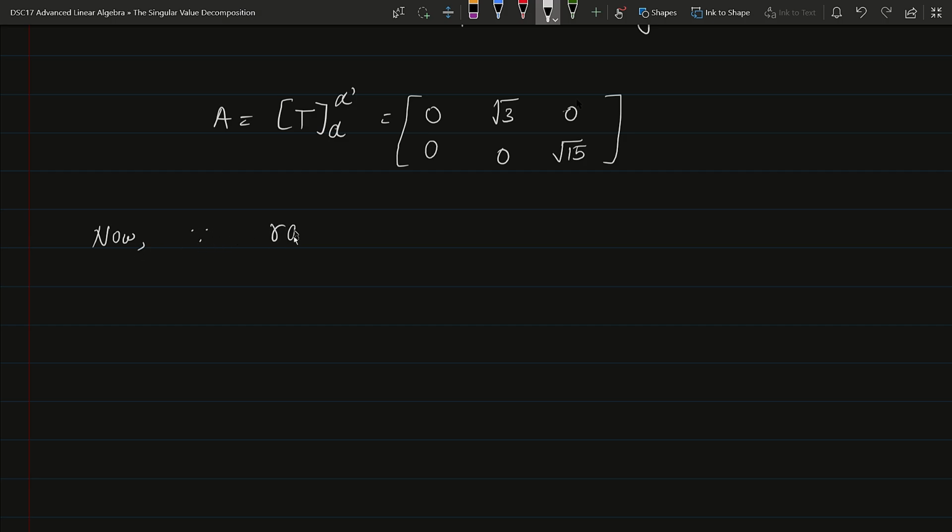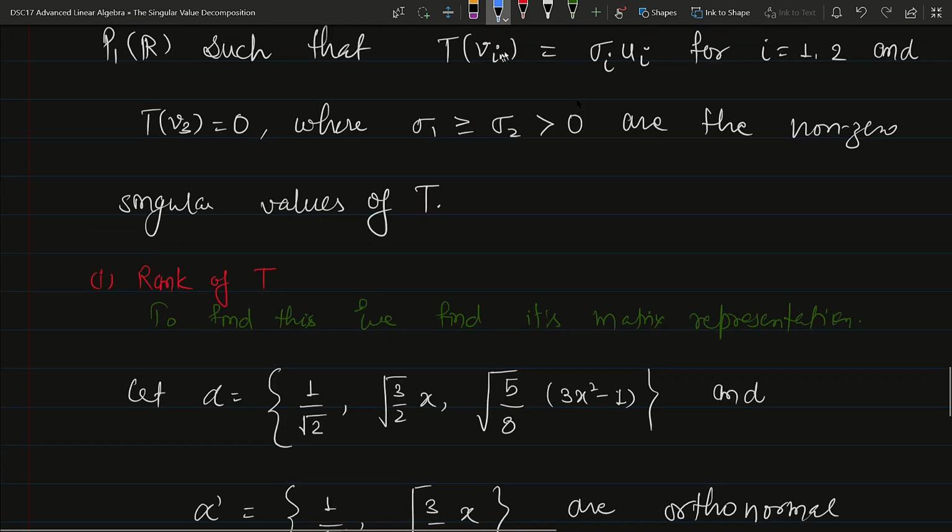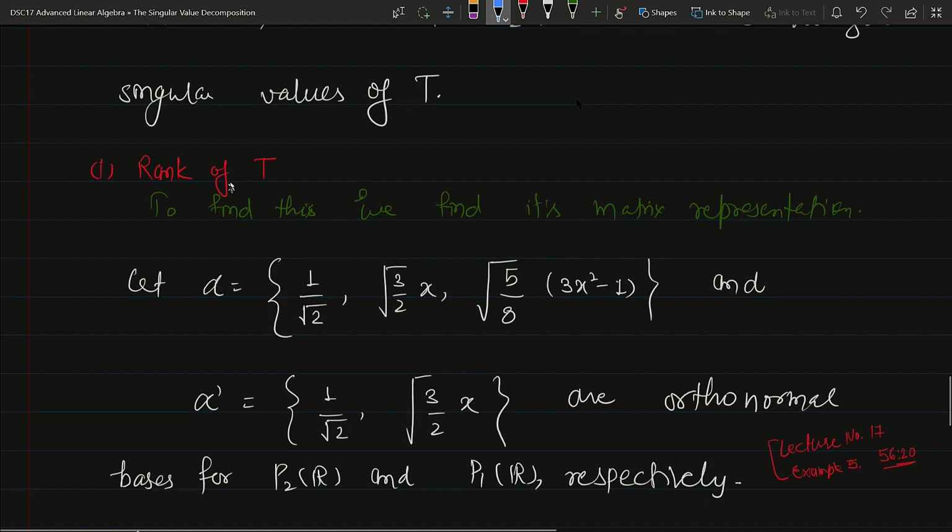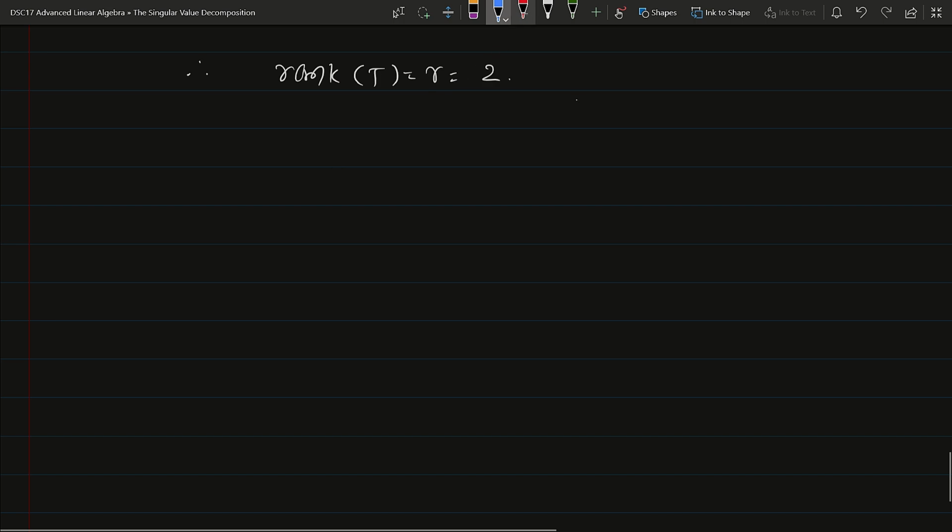Now you can see, since the rank of A is equal to 2, therefore the rank of T is equals to r, that is equals to 2. जो A का rank होगा that will be the rank of the linear transformation as well. Okay, so यहाँ पर हमने मैट्रिक्स की रैंक को आइडेंटिफाई कर लिया है। ठीक है, so we had done this rank of T. ठीक है, now we are coming to the second thing, that is the product